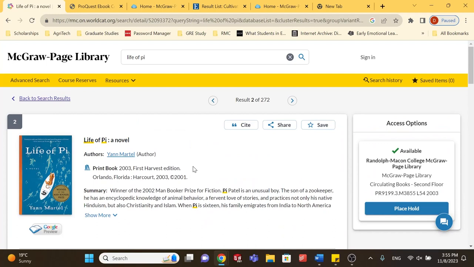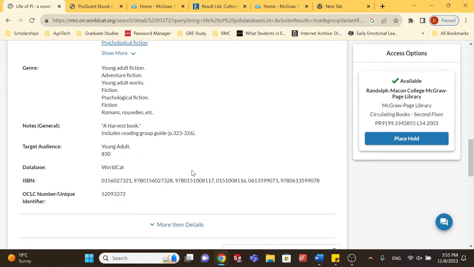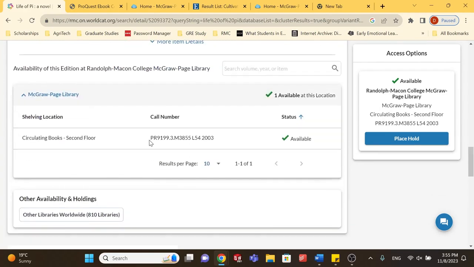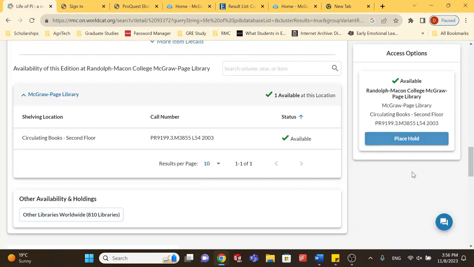If you want to find the book yourself, scroll all the way down to the bottom to find the call number, near where it says shelving location. This is the number you will use to search upstairs. So it will be in the PR section. With this number located here, all of this is located on the book's spine. If that is too complicated, there is also an option to place the book on hold, and a librarian or library circulation desk assistant will grab it for you and place it on a cart in front of the information desk downstairs. It will ask you to sign in when you first place the hold,